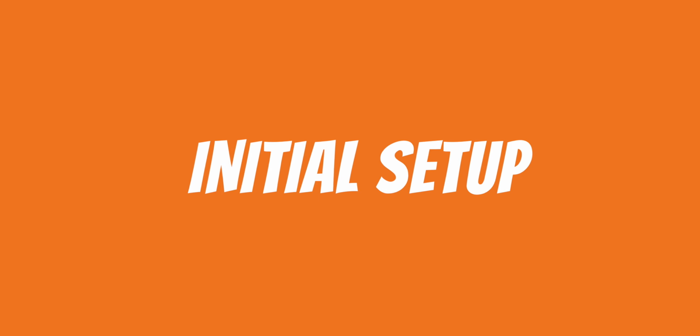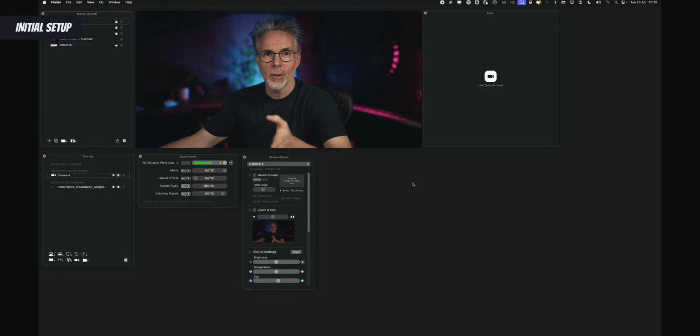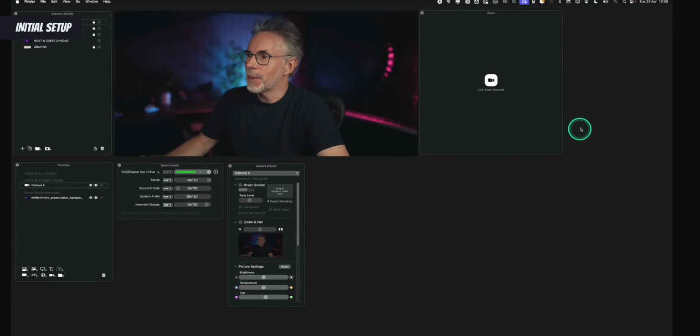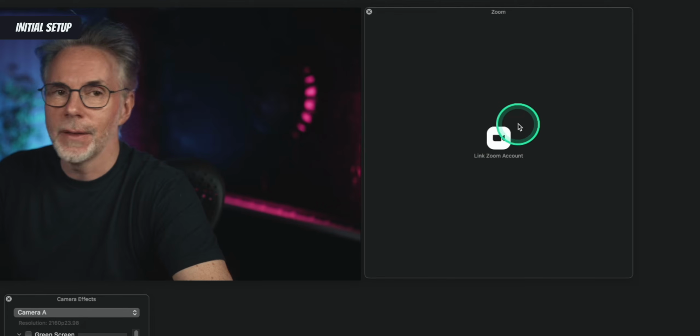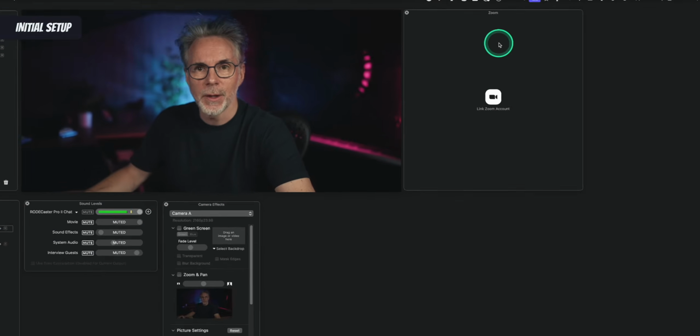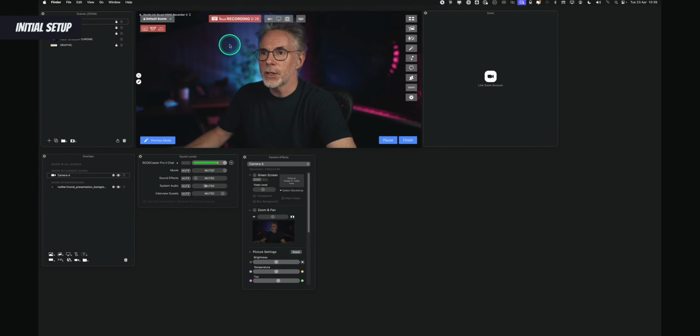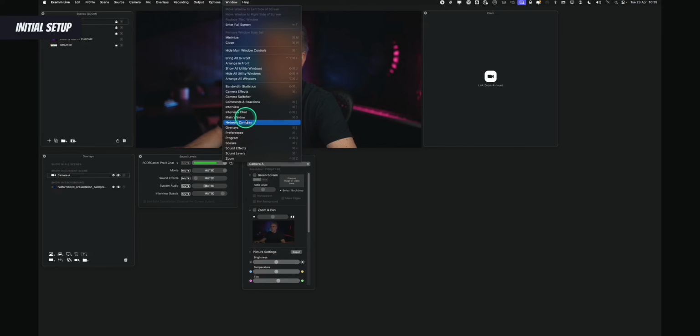this set up. The great thing about Ecamm for Zoom is that it has the Zoom application built right into Ecamm, so you don't have to download a separate application, which is great. But first off, we'll need to link our account, and you do that by clicking this button here in this new Zoom panel. If you don't see the Zoom panel, then just go to Window in Ecamm Live, and down